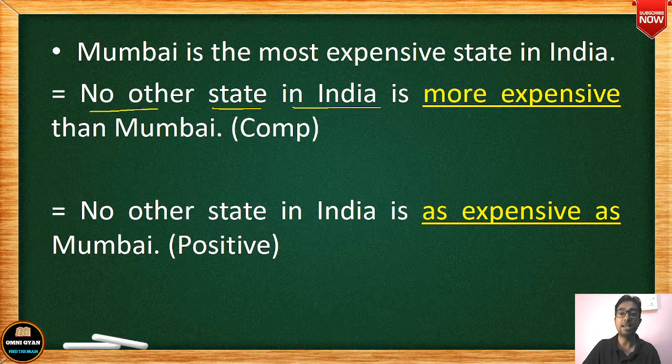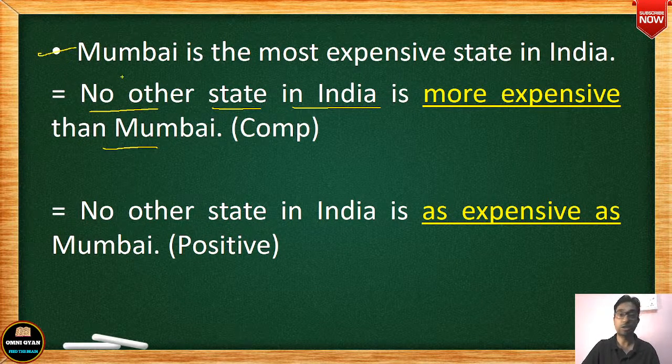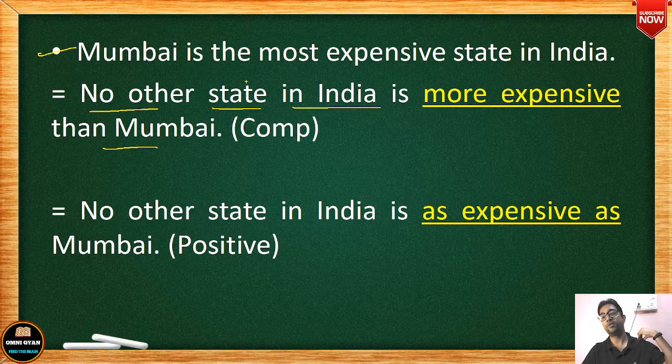No other state in India is more expensive than Mumbai. The meaning has not changed, just look at the two sentences. The meaning has not changed at all, only the manner of writing has changed. There are little changes in the sentences, but the meaning is same. Mumbai is the most expensive state in India, and how you begin: